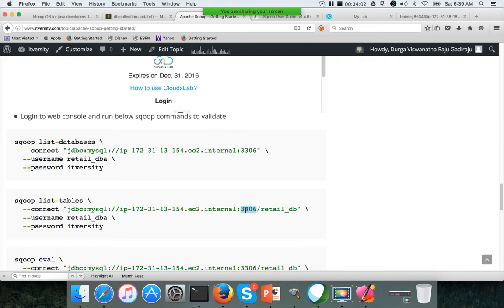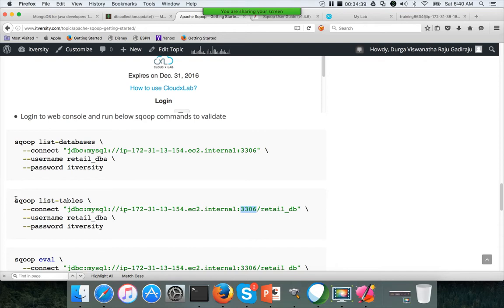3306 is the default port number for MySQL. If it does not work, then you have to check with your DBA and get the appropriate port number, and replace the port number here. In our case, we have 3306 as the port. If 3306 is the default port, you don't need to specify the port number here. You can actually say /retaildb also, but make sure you always specify the port number even though it is not required, so that you are aware of this port number. If you don't, then you might get lost somewhere.